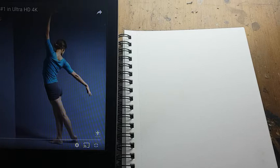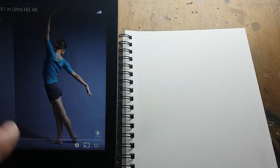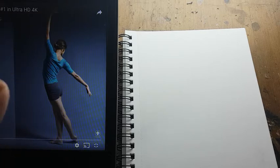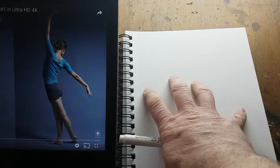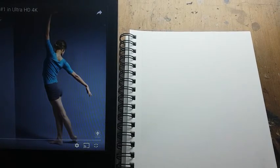So I'm going to show you gesture drawing. I'm going to do about 5 of them, and I would like you guys to do that as well. This video has a bunch of dancer poses. It's one model, and she's in a number of different poses. You probably won't see the entire video on my setup here, but what's more important is to see what I'm doing over here. Alright, so I'm going to start the video,